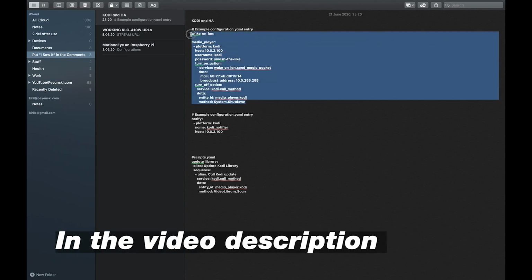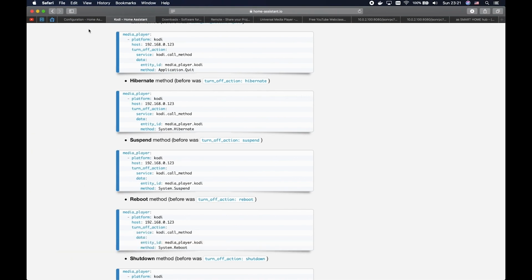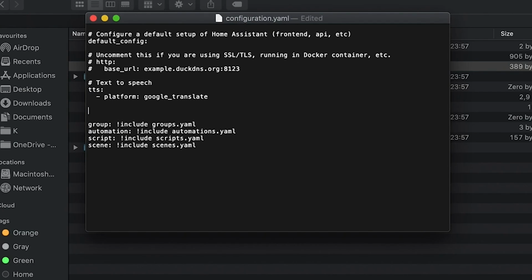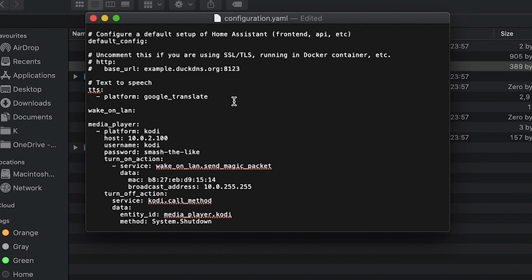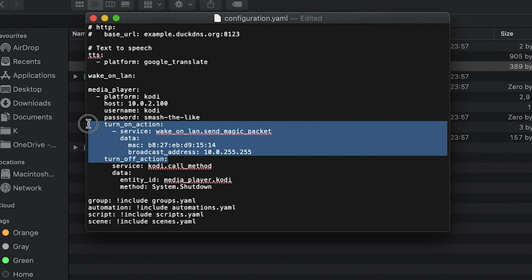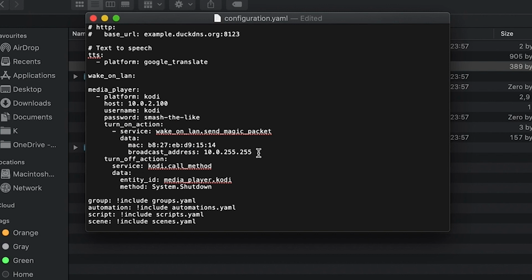I will copy these lines which are pre-configured for my Raspberry Pi in the configuration.yaml file. I'm using a brand new Docker installation of Home Assistant and my configuration.yaml is pretty empty. This is my unsuccessful try to run Wake-on-LAN. Actually, from here to here, this is my username and password which I set in the previous step. You have to replace it with yours.